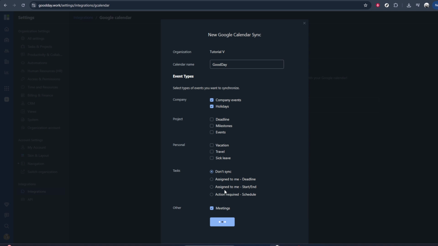Once you hit Submit, follow the on-screen prompts. You'll typically be asked to choose which Google account you want to use and to grant the necessary permissions, such as viewing and managing your calendars. Read these permission messages carefully and confirm them to finish the integration. When everything is complete, you should see confirmation within GoodDay, and your tasks or events will start syncing with your Google